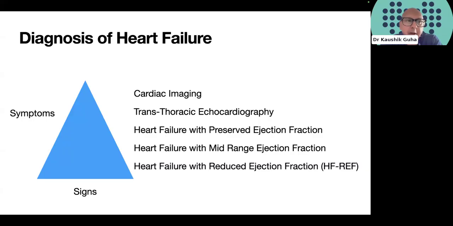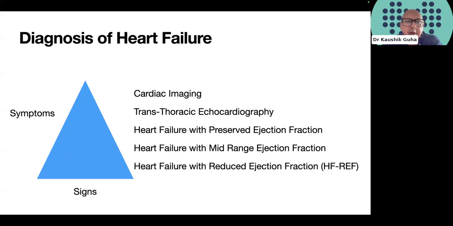Now, the most widespread and established method of performing cardiac imaging is a transthoracic echocardiogram or anecdotally a cardiac ultrasound. And this is a real-time test. The answer is immediate and does not contain ionizing radiation and is widespread in clinical practice, both in terms of primary and secondary care. Now, when we potentially make a diagnosis of heart failure, we are very focused on the left ventricle. And the reason for that will come clearer later on in the discussion when we talk about treatment.